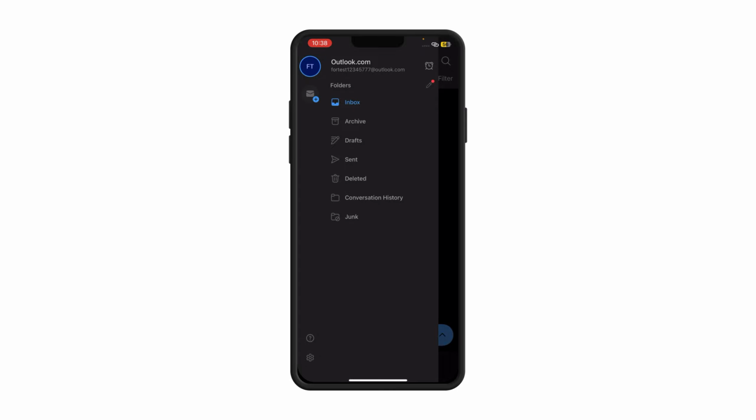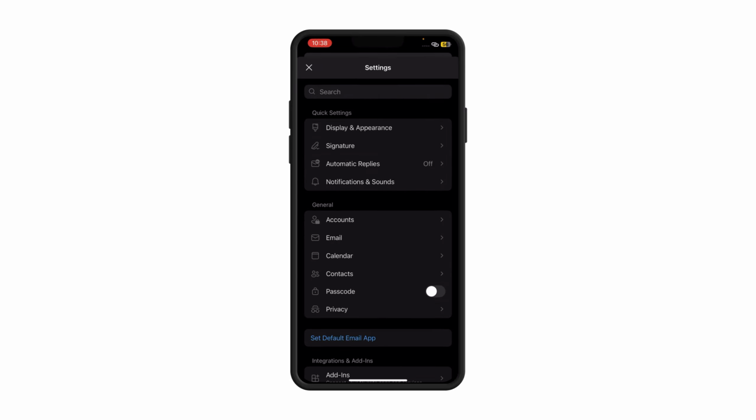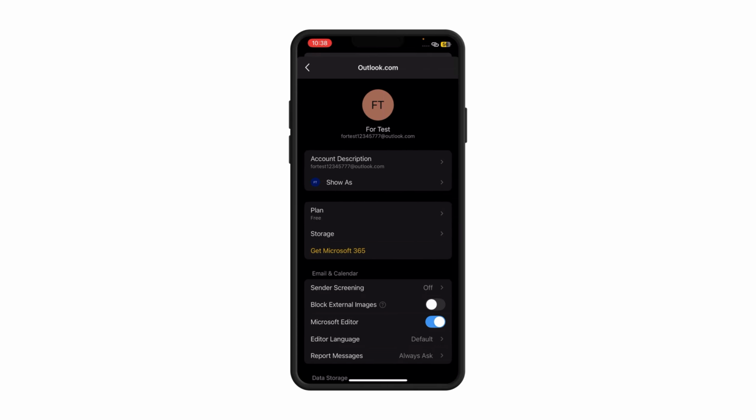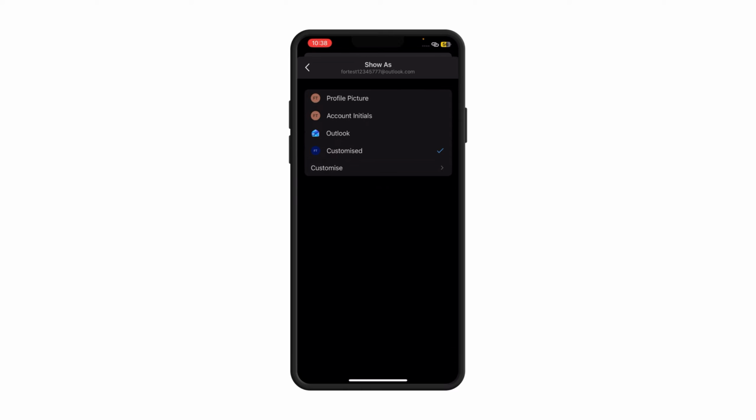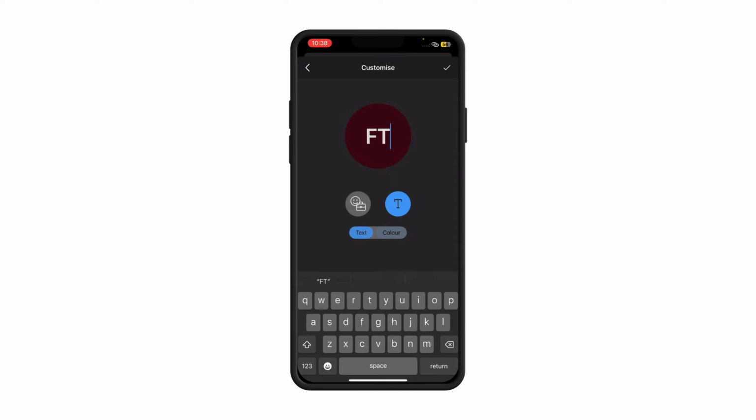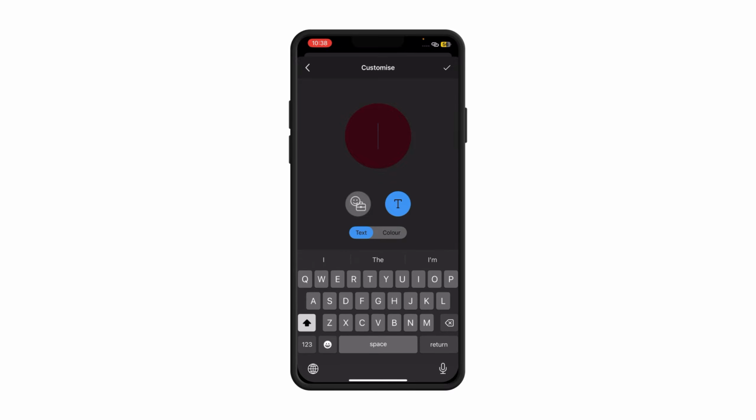So I'm going to click on this settings icon. Click on account. Click on this. Click on show us. So from here, you can come and click on customize. So you're going to be able to customize any of it if you want to, right? You can type it, it can be text, can be HI,